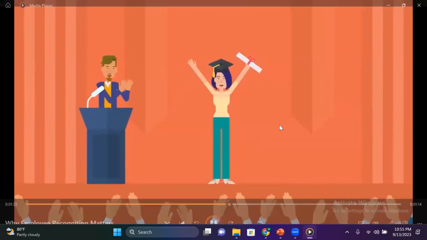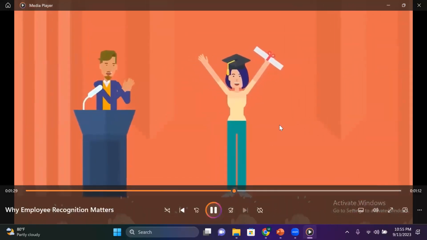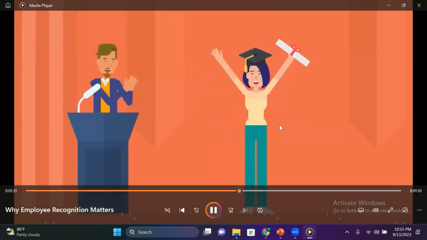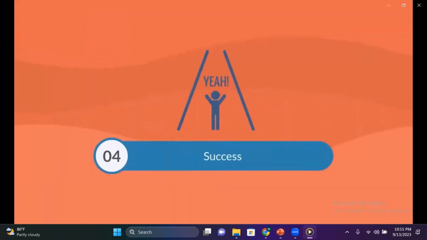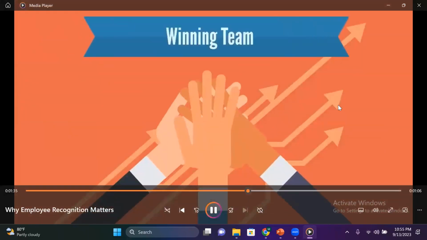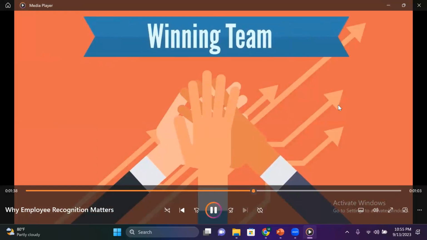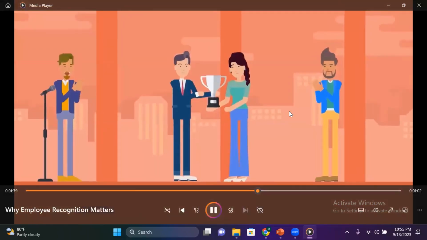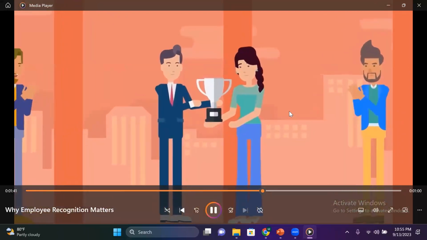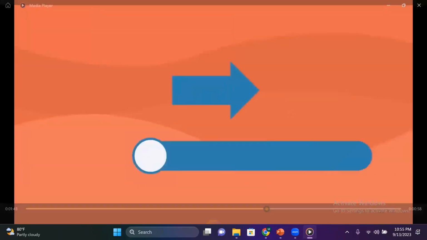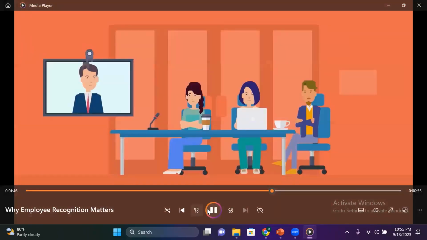Recognition for achievements such as receiving a master's degree or completing a comprehensive certification program is a great motivator. Number 4 is success. Employees want to feel as though they are part of a winning team and that their efforts for doing meaningful work are recognized. When the company gets awards or special mentions, be sure to bring that to your teams. Number 5, purpose. Give employees a